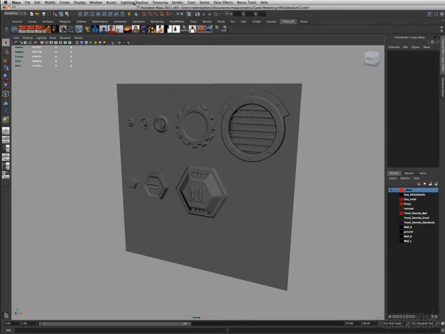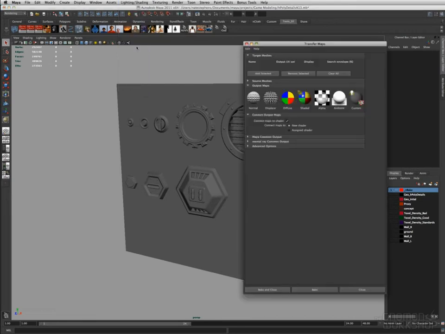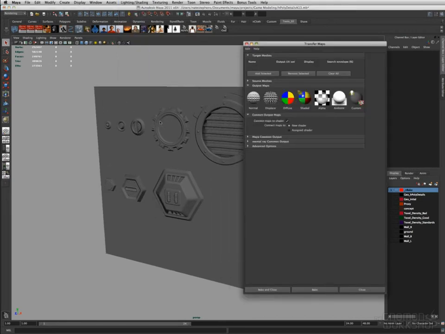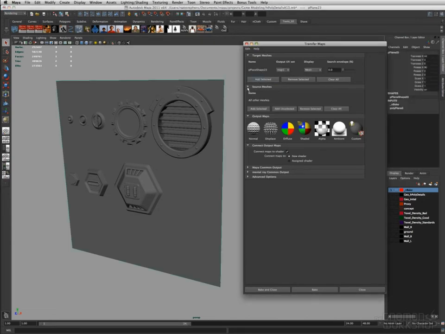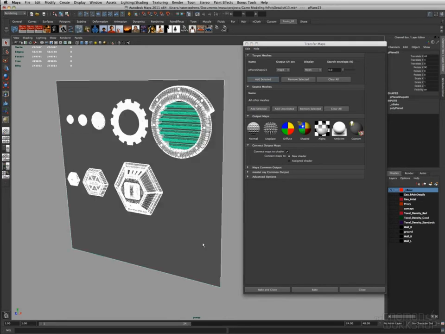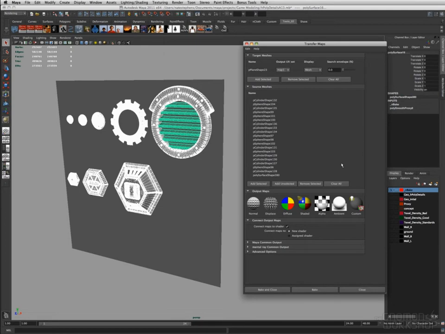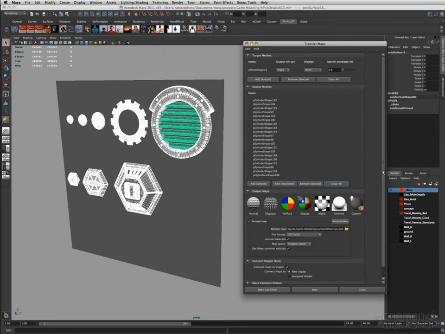So what we got to do is go to the Rendering tab, Lighting and Shading, and open up the Transfer Maps option. And so the way this works is first we select our low poly geometry and add that to the target mesh. And then we select all the high polygon pieces and add them to the source meshes. We go ahead and click the normal map tab,